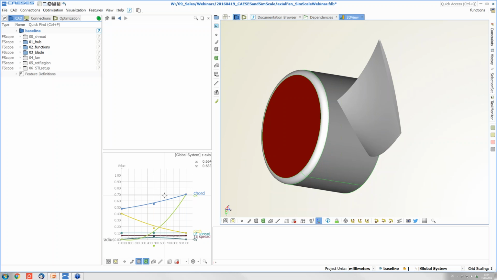And as I said, these are the 2 parameters that we would like to improve our fan on. So what I want to show you now is simply how to create some variants for this fan that we can then again analyze in the SimScale platform. I have some things in mind that we could do, let's say very simple changes based on